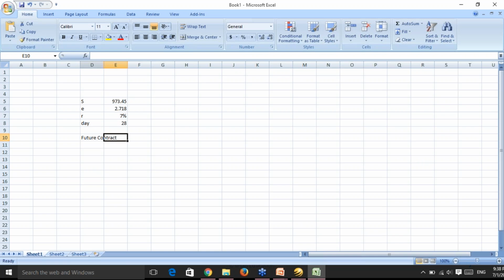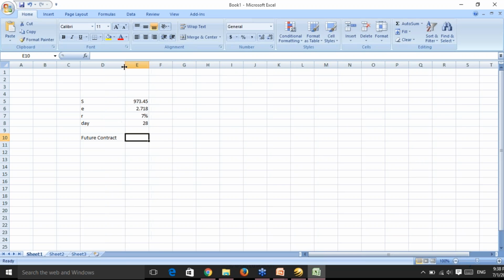So I'll put the same formula here, equal to spot into exponential, right, raised to the power r, okay, into days divided by 365, right, and let's close the bracket. Now the value I'm getting is